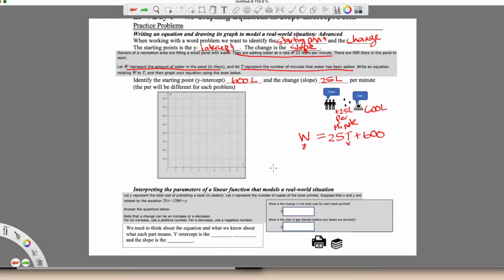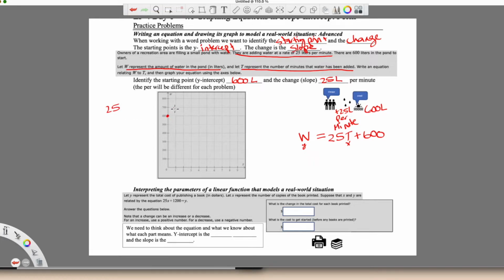All right, so we also get to graph the situation because they provide us with a graph here and they want us to go ahead and take a look and see what it's going to look like. So I have 600 to start with, so that's my starting point. I'm going to start with what I started with in the pond, and then I'm going to start working toward adding some water to it to get to the next point. So if you notice, these are going up by 100 each time. And if I'm adding 25 liters each time, I want to add enough to get to the next 100